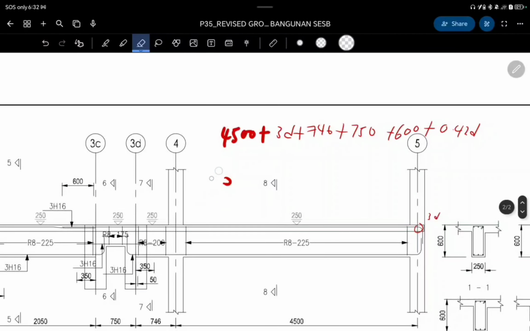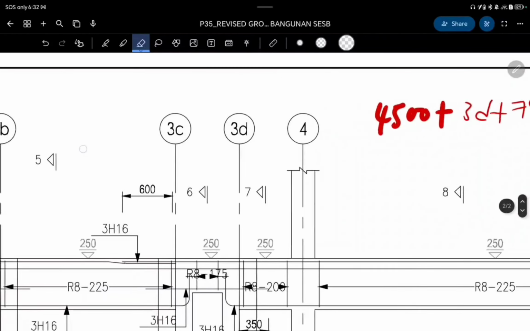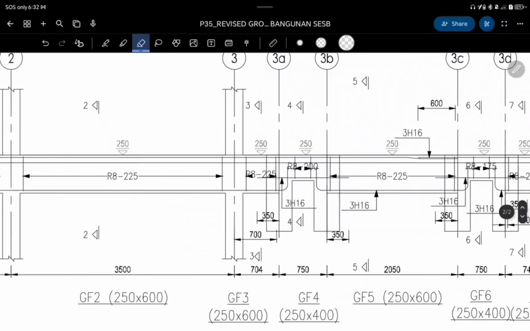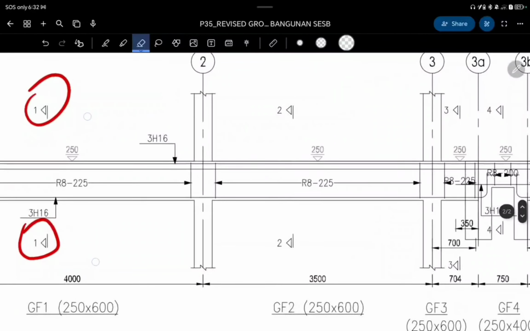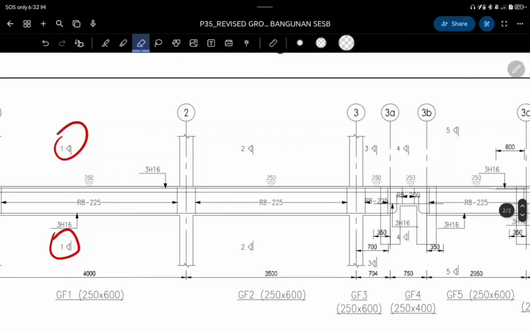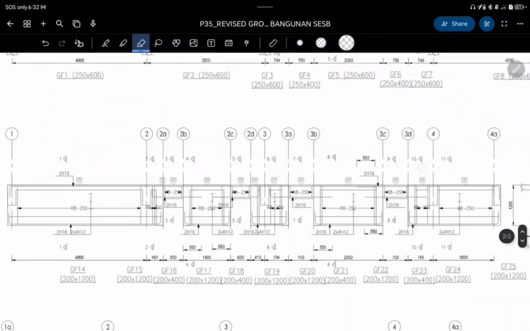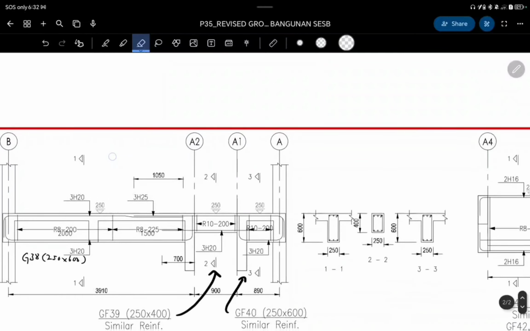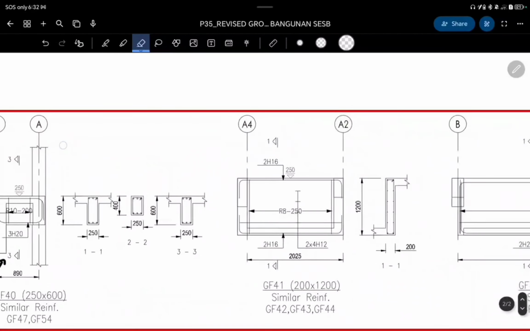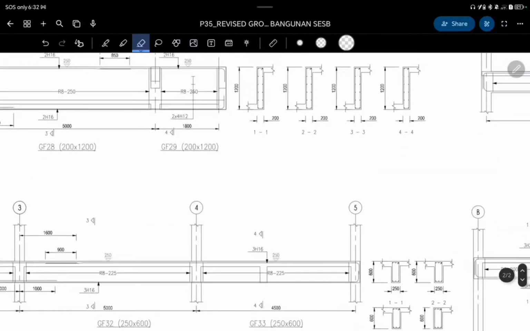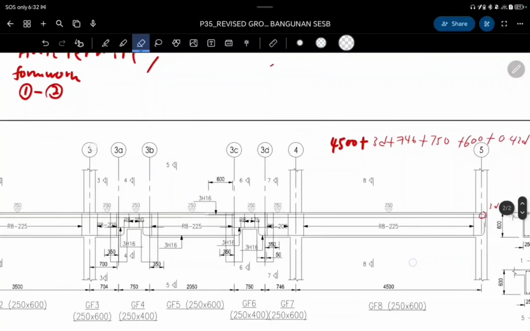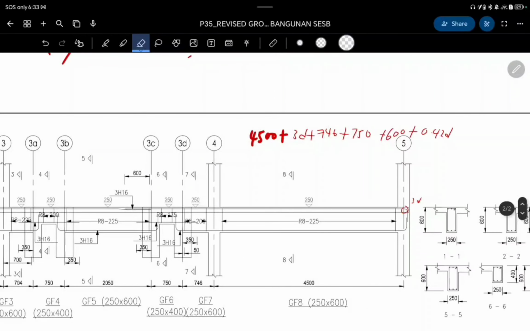So be cautious, because sometimes the reinforcement bar is not the same on the top from one beam to another beam. Like mine, it's different, 20 and suddenly here 25. So take note and be cautious about the type of bar. So the length of the beam here is